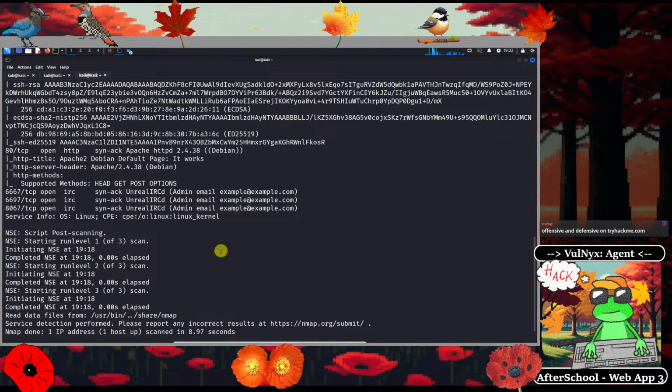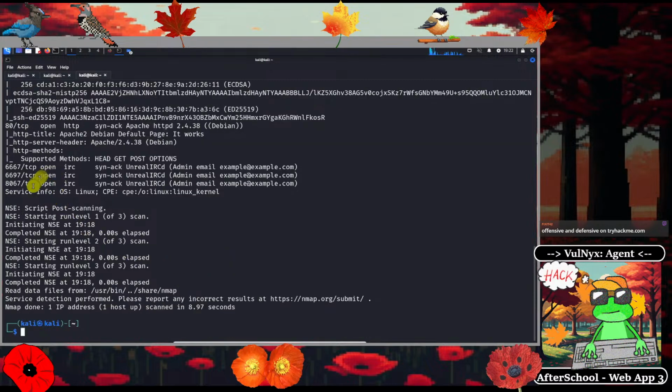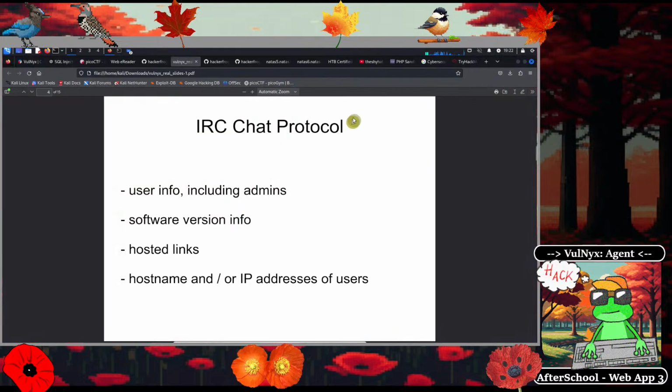So let's get back to it. Okay, so we know that we're going to be hacking against IRC on this particular challenge. And every time I come across a new service that I want to hack against, I like to look it up on